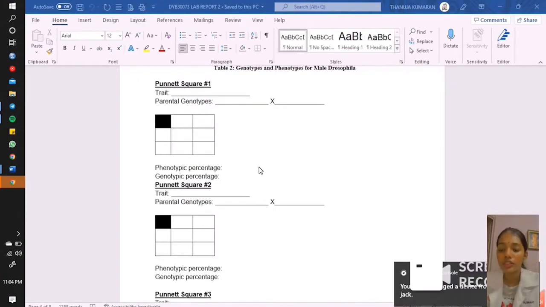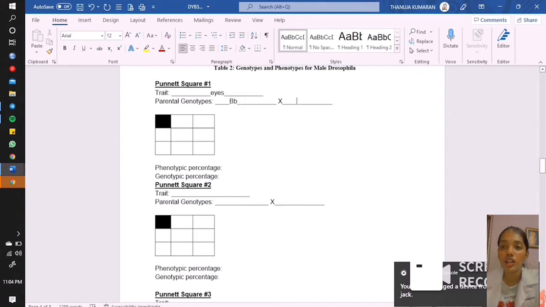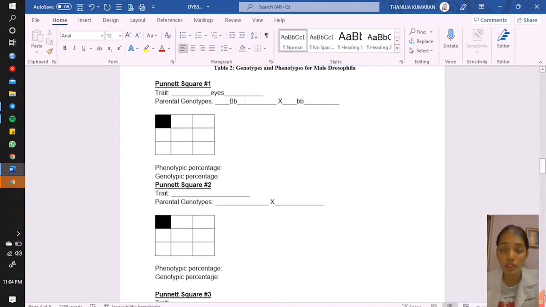So the next is the Punnett square for table 1. The trait is eyes. The parental genotype is heterozygous. It shows the zygote, which is capital B and small b, and the male genotype is homozygous. So the table is